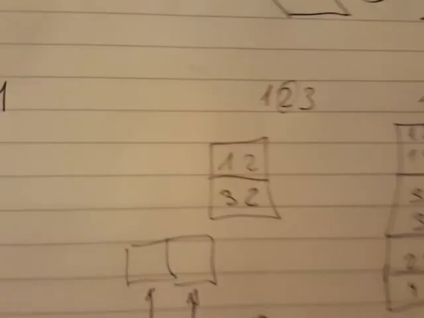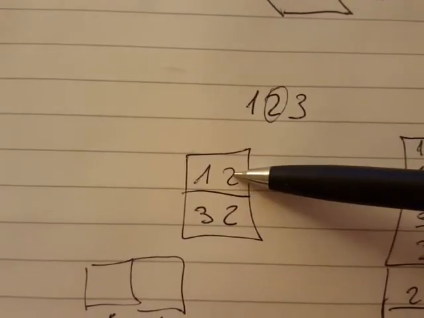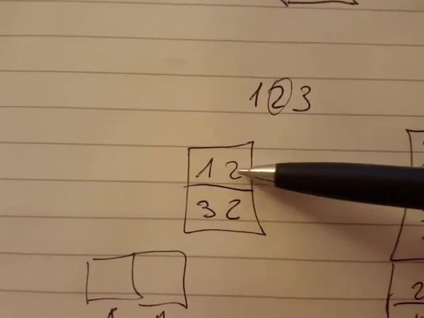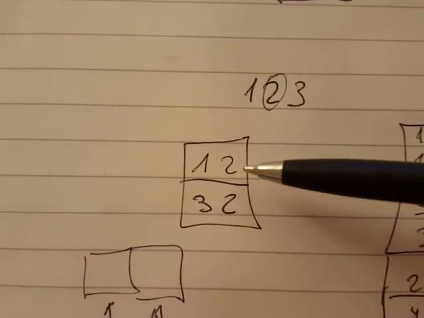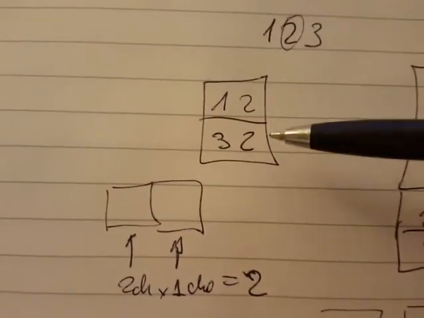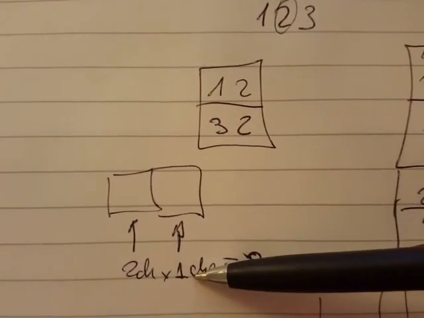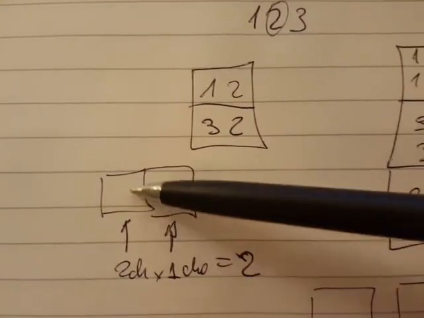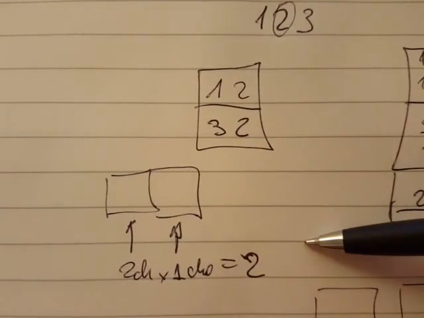So imagine that you have to form numbers of 2 digits with these 3 numbers, and they need to be even. Well, first of all, you need to put the 2 at the end, and either it's going to be 12 or 32, basically. There are only 2 options. So let's solve it in the right way. You have one choice for the last digit, which is 2, and 2 choices for the other one. 2 by 1 is 2.